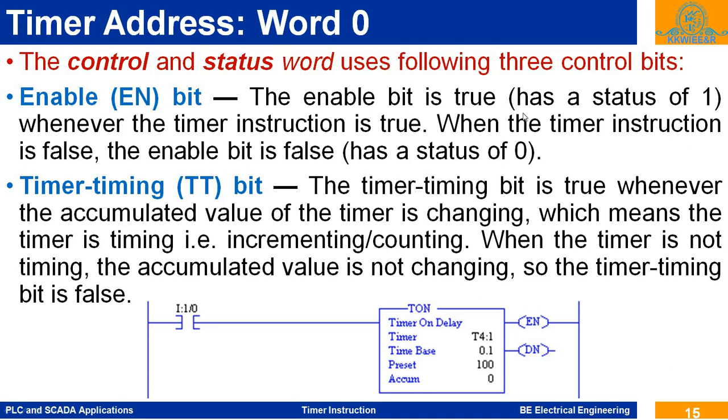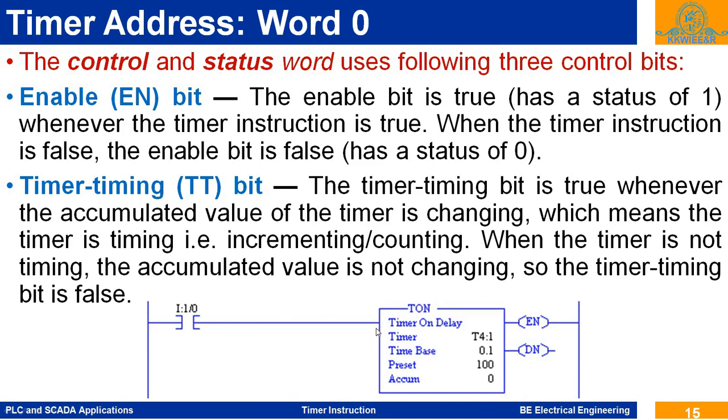The enable bit has a status of 1, true, whenever the timer instruction is true. When the timer instruction is false, the enable bit is false or has a status of 0. Okay. So from this ladder diagram,